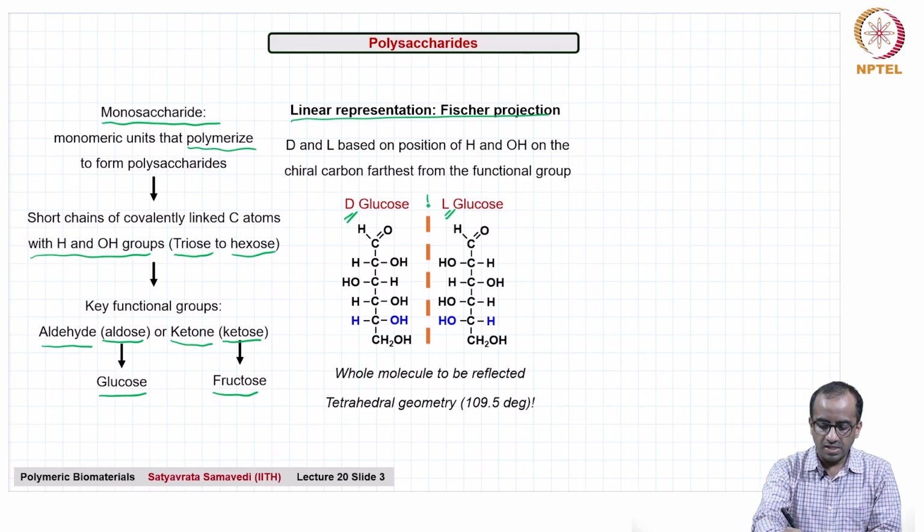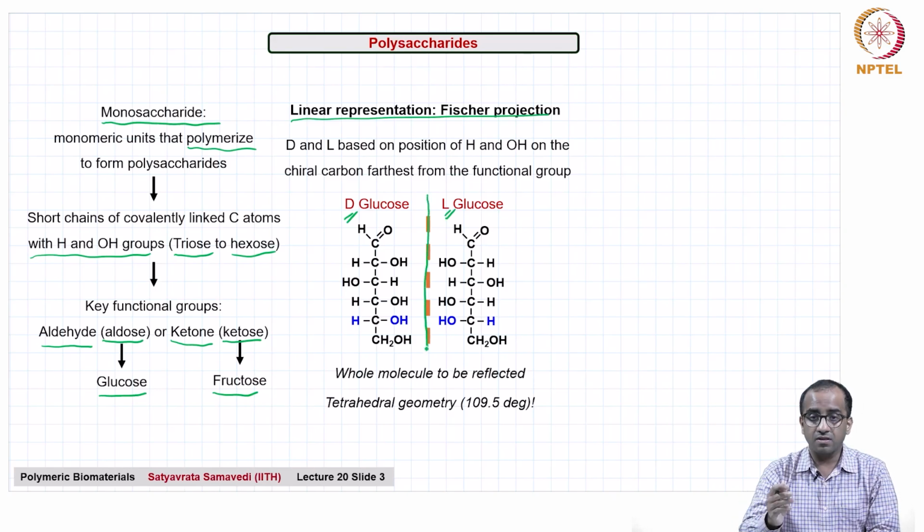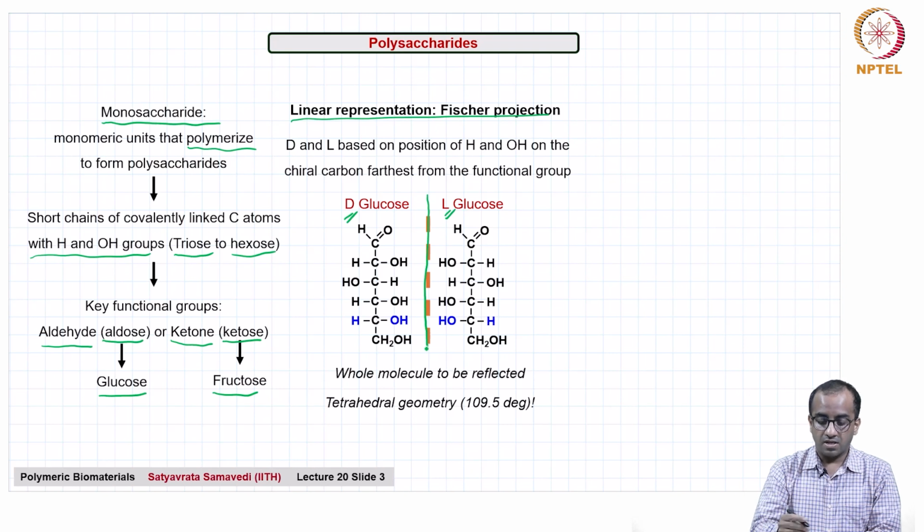What you will simply see is that one is a mirror image of another, and they are non-superimposable. Now, what distinguishes the D from the L is the placement of the hydroxyl group on the right side on the 5th carbon,